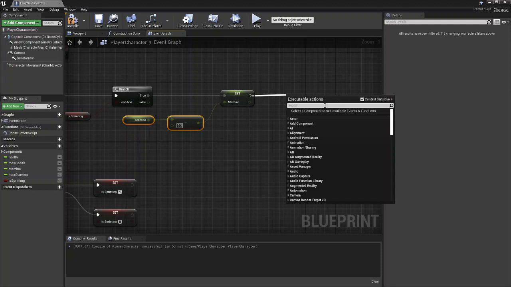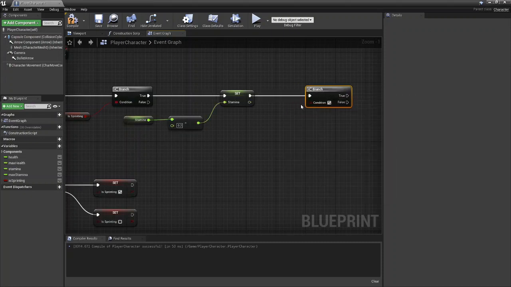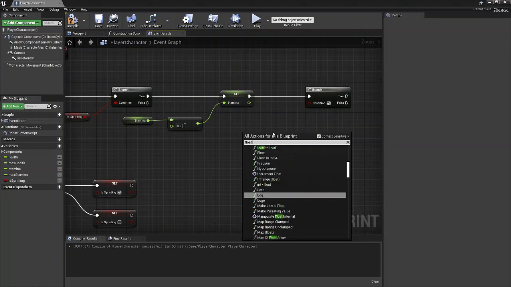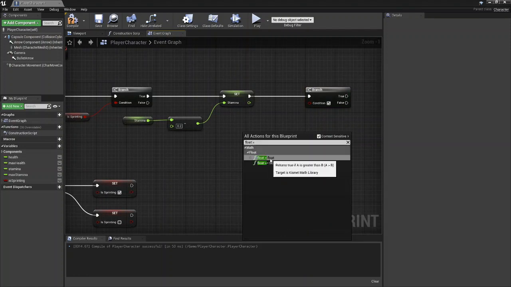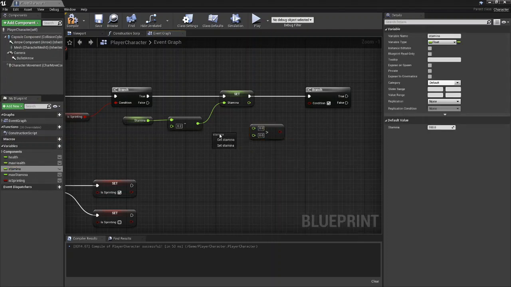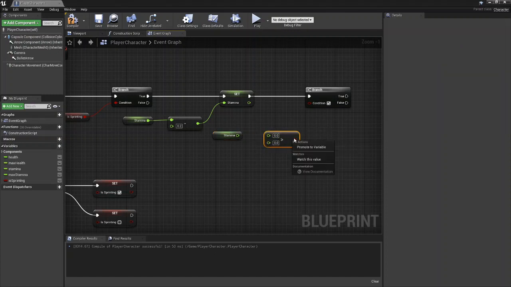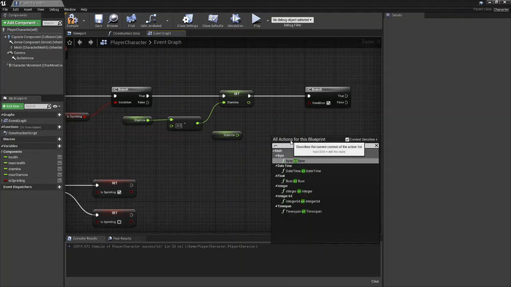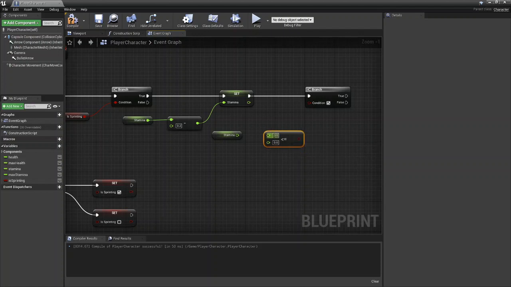And then we can add another branch, and we can check if stamina is less than or equal to, float less than or equal to